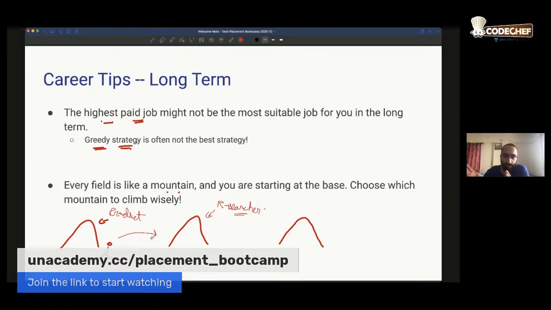Okay. Of course, there will be cases where people have reached the top much faster, or it might take you slightly longer to reach the top, depending on where you start. But the important point is that you should give a lot of thought to choosing the correct mountain, which is choosing the correct field for you in the long term. What kind of job motivates you, what kind of role do you want to be in, and who your idols are. Okay, so these are some questions which deserve a lot of time and thought during the early stages of your career when you are planning which field or domain you should choose.